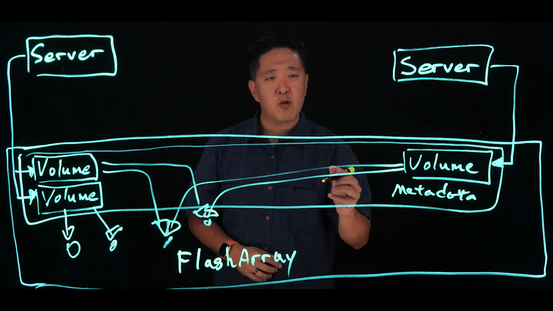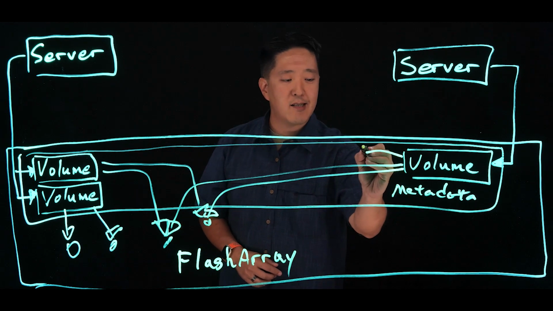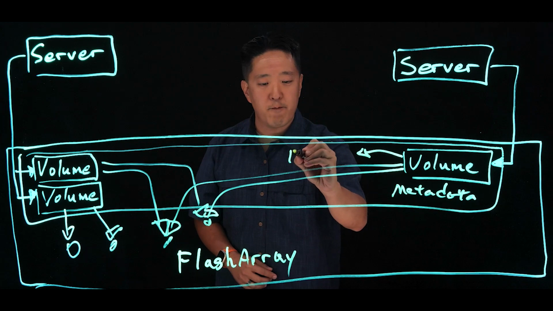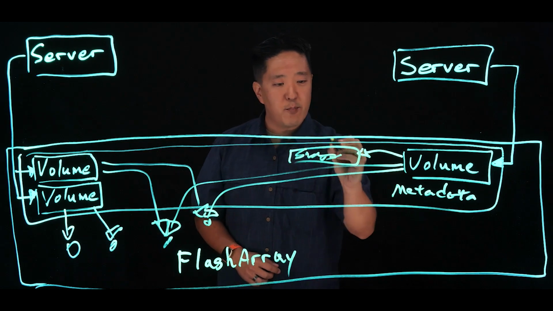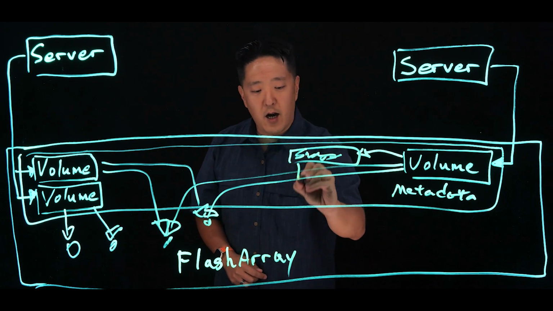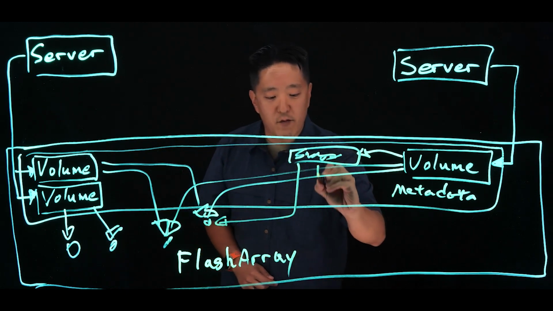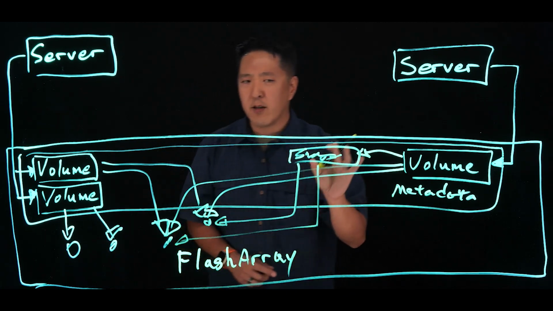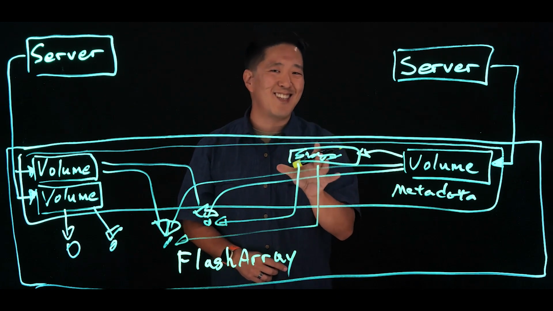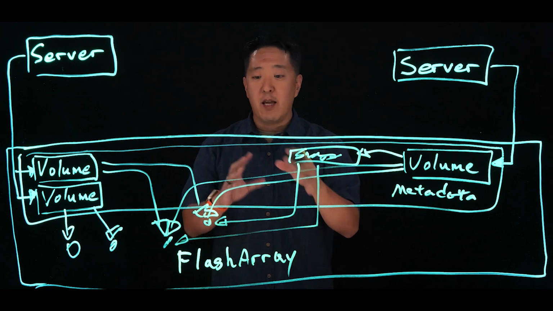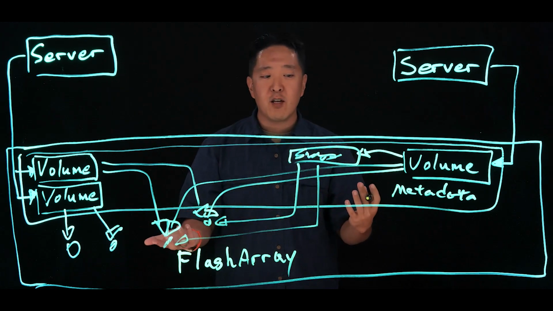In addition, I can do some other cool things like taking a snapshot of a given volume. So a snapshot is really just a point-in-time reference that's really just a copy of these pointers. And because all we're doing is copying these pointers behind the scenes, we can take our snapshots nearly instantaneously. And then with these snapshots, there's a lot of different things we can do with them.